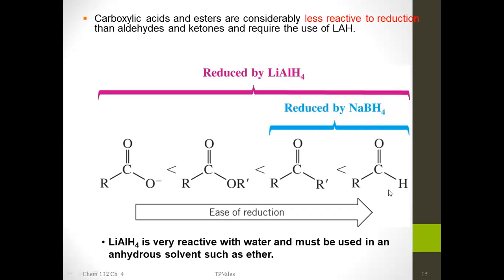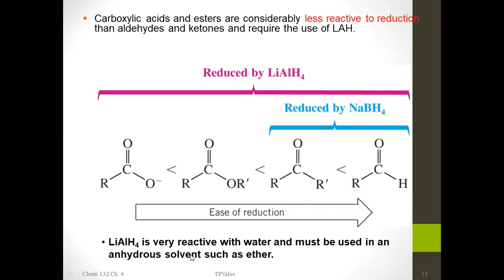Of course, for the rest, you can use lithium aluminum hydride as well. But if you use sodium borohydride for esters and carboxylic acids, we cannot actually reduce them. So lithium aluminum hydride is very reactive with water and must be used in an anhydrous